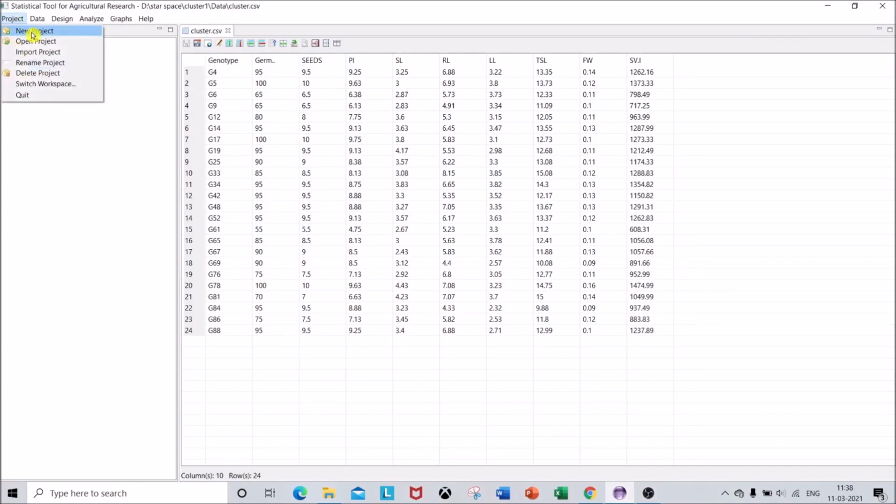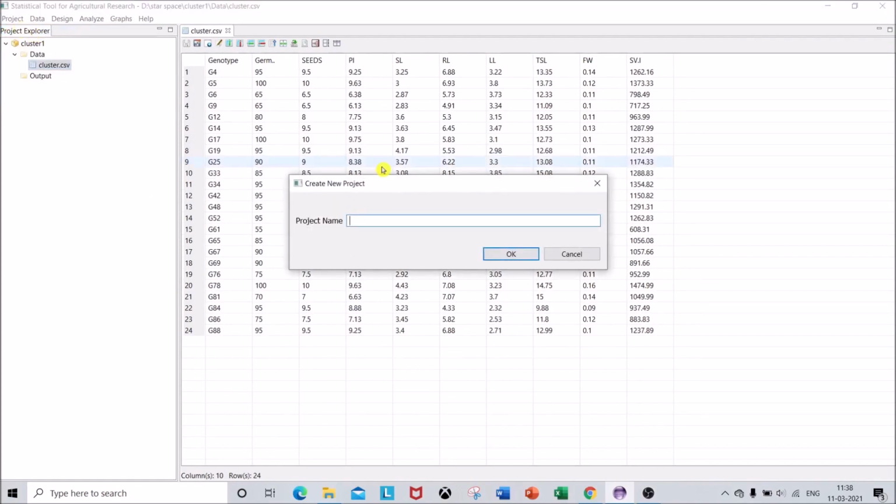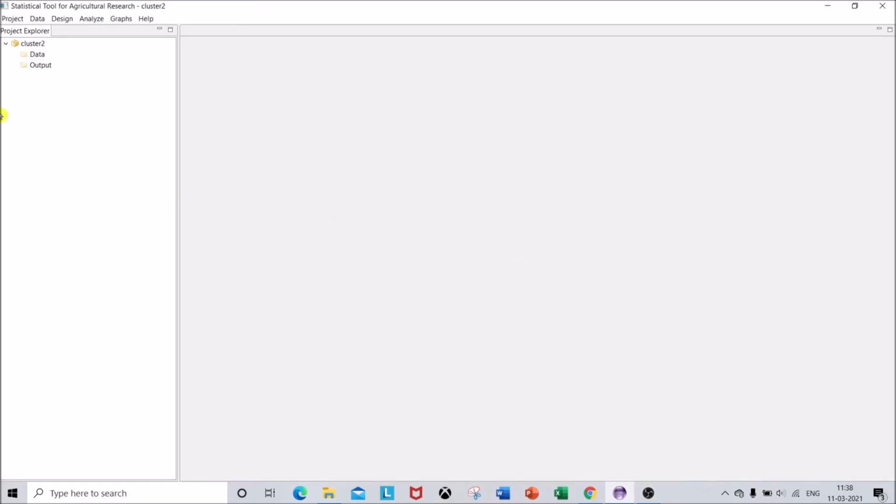This is the STAR software. Just open a new project under the Project tab and give this analysis a name. I'm giving it as cluster 2. Click OK, and the new project has been opened in the Project Explorer tab. You can see this cluster 2, and under that there is a folder called data.